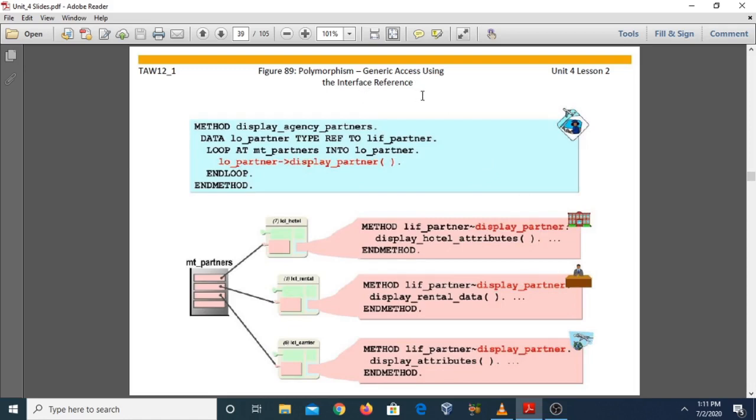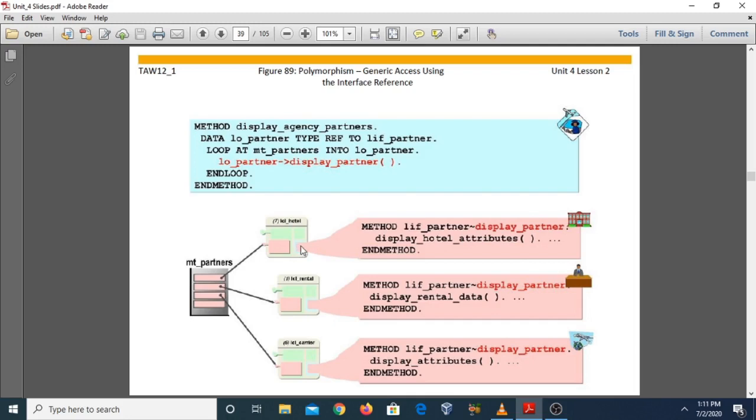As I have already told you, polymorphism is the use of the same function name in different classes. We implement the interface method display_partner in the hotel, rental, and carrier classes, so we need to use the same name.